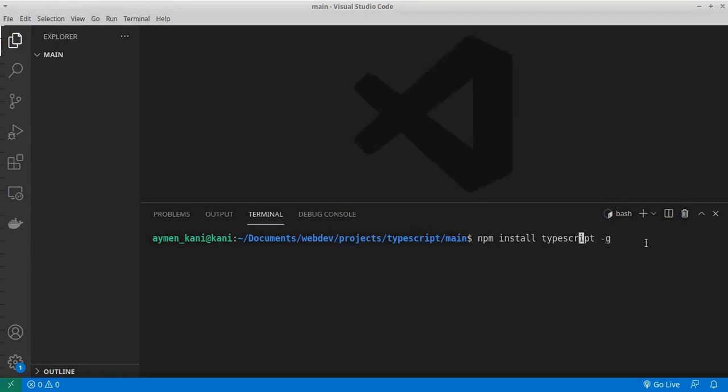And you may need to use sudo to run this command as an admin. And if you're using Windows, you have to open a new admin console. Now, I already have TypeScript installed globally inside my system, so I'm not going to run this command. And to make sure that you have installed TypeScript successfully inside your system, you can run tsc -v and you will get the version of TypeScript. I'm currently on version 4.4.3,